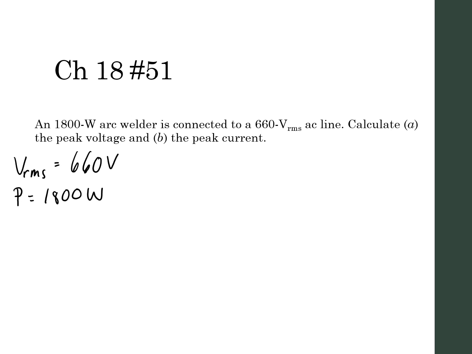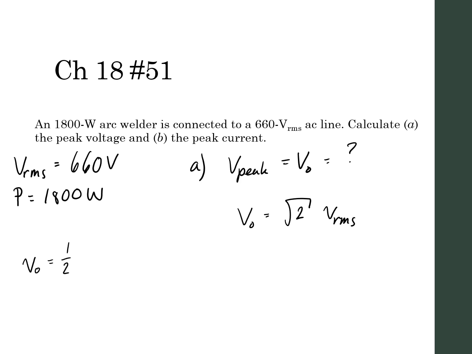So in part A, we are being asked to solve for the peak value, so solving for V0. My peak value is going to be equal to the square root of 2 multiplied by V RMS. Because again, our relationship, our peak value is